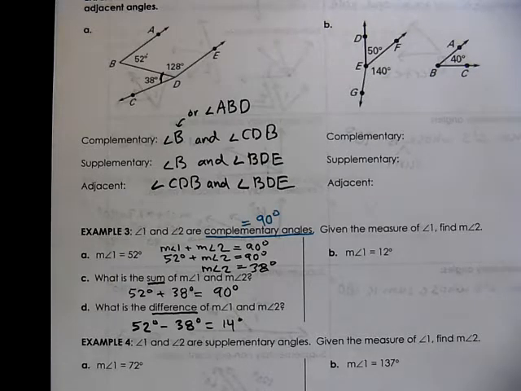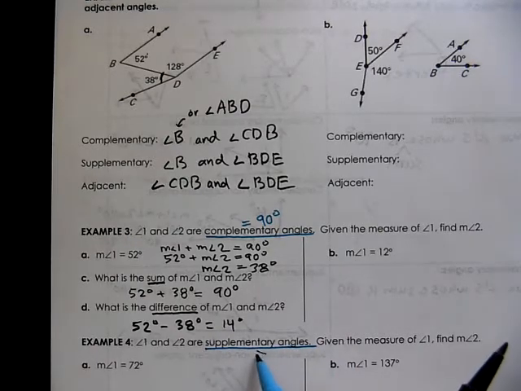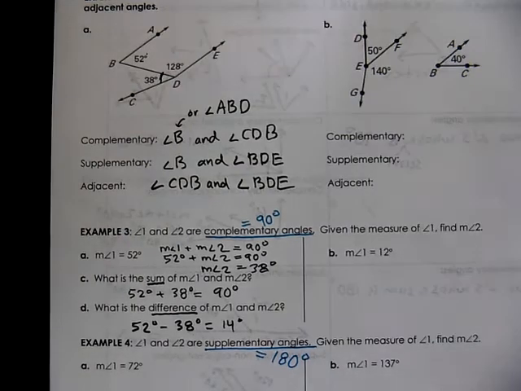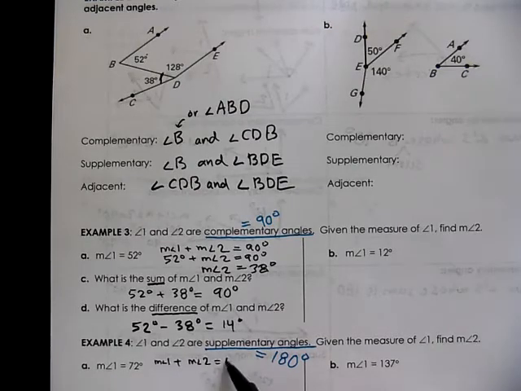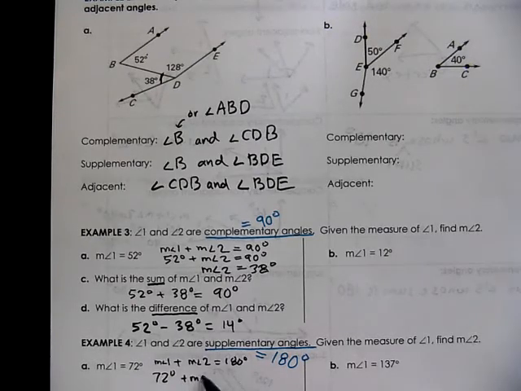Here in example 4, we have two angles that are now supplementary angles. So remember, supplementary means that they are going to add up to 180 degrees. And so here we have two angles that are adding up to 180. So again, we can think of this as the measure of angle 1 plus the measure of angle 2 adds up to 180. Do our substitution, plug in 72 degrees for the measure of angle 1. So that means the measure of angle 2 is our variable, and then we want to solve for that by subtracting away the 72. So 180 minus 72 gives us 108